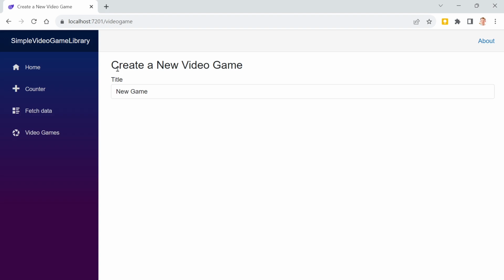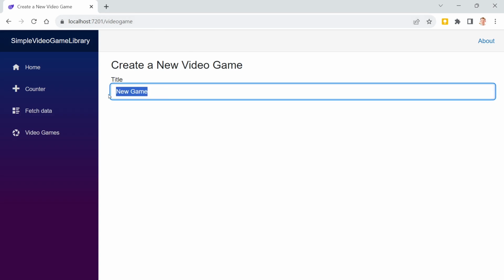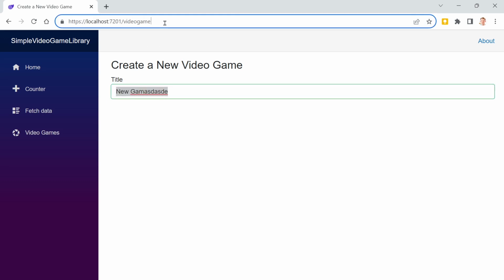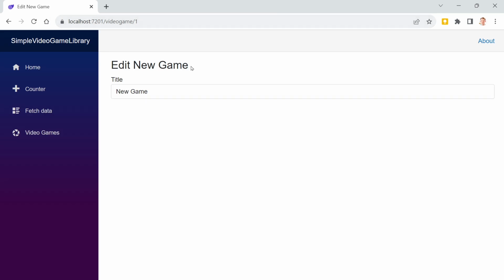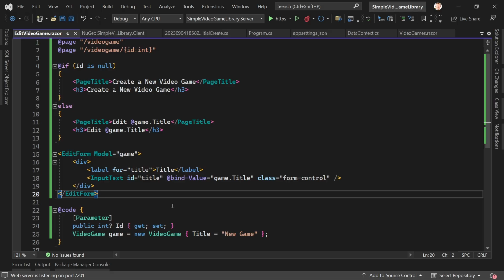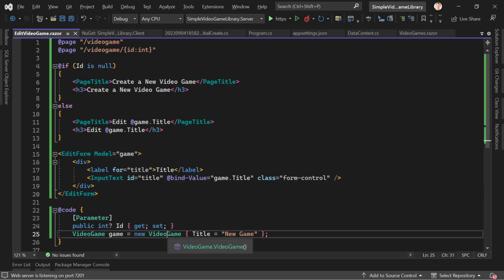All right, and now we see create a new video game because we haven't set any ID, right? And here now the title, we can change the title. Now if we add an ID, like 1 for instance, we see edit new game. New game is still the name of the video game here,